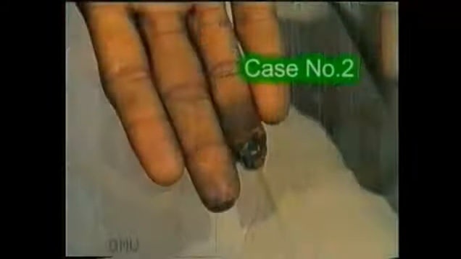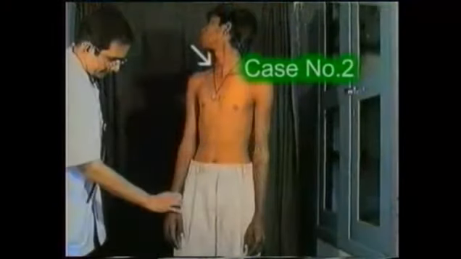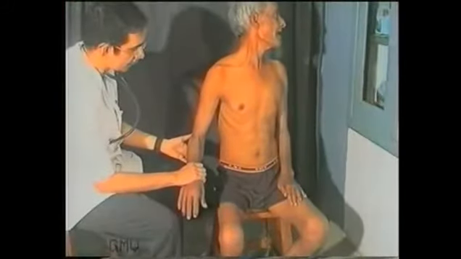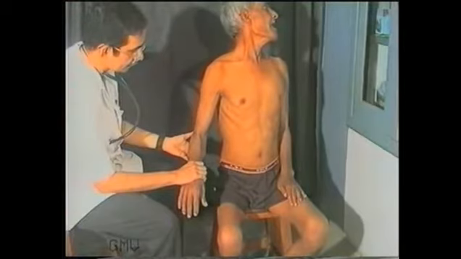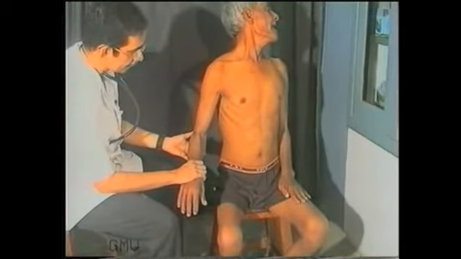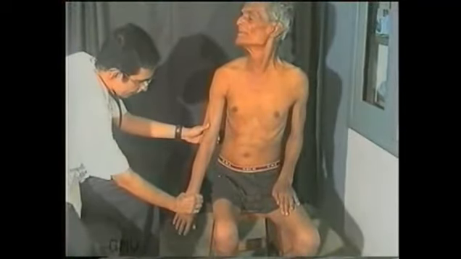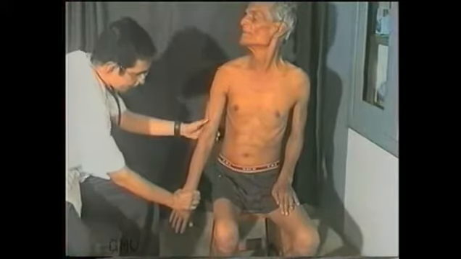The forced inspiration contracts the scalenus anterior, which is an accessory muscle of respiration, which elevates the first rib and compresses the subclavian artery at the thoracic outlet. The test is also performed by asking the patient to turn the neck to the opposite side and to take a deep breath, and secondly, by keeping the arm extended and pulling it downwards, noting whether the pulse diminishes.